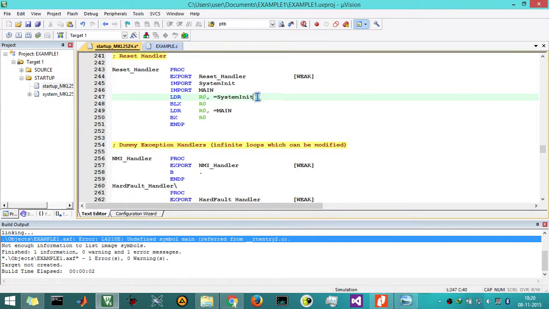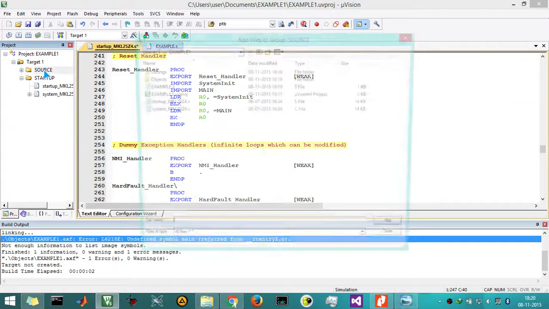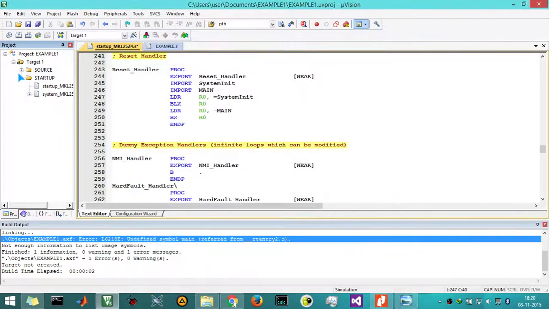This label will be in any one of the three files. It could be present in the example file, startup file or system file. In any one of the files this label could be present, and it will take the address of that into R0. And BLX R0 is branch with link register extension.